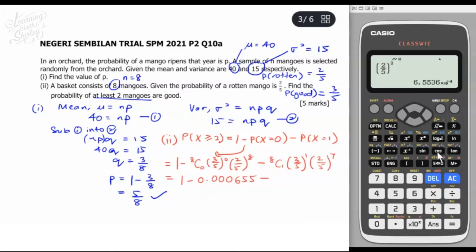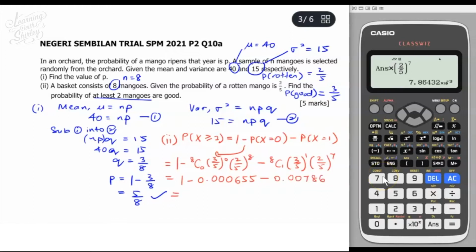Okay, then after that minus, okay, now we calculate this. What is 8C1? So 8 shift and then C1 equals, then we times, then 3 over 5, okay, equals, then times 2 over 5, you have to be careful, you have to use bracket, 2 over 5, then close bracket to the power of 7. So we got this, okay, 0.12, the third one, you start to write number,